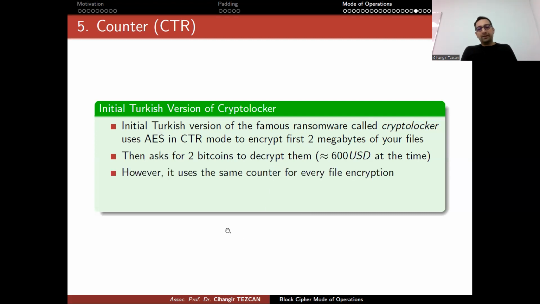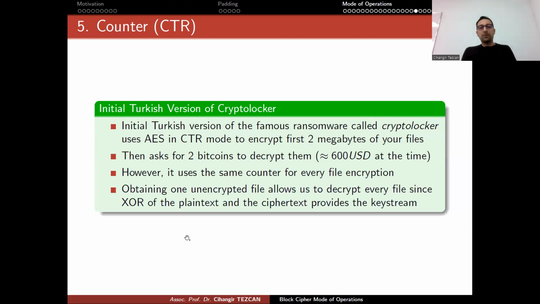Okay. The problem was that they used the same counter for every file encryption. This is something I accidentally observed. This allowed me to actually recover all of the plaintext, because obtaining one unencrypted file allows us to decrypt every file, since XOR of the plaintext and the ciphertext provides the key string. So even if they used AES and a very good mode of operation, counter mode, they just used the same nonce twice, the same counter twice, and this way we could easily recover all